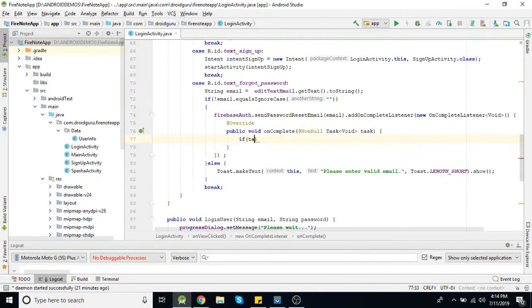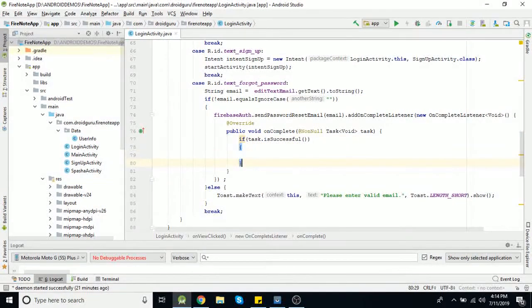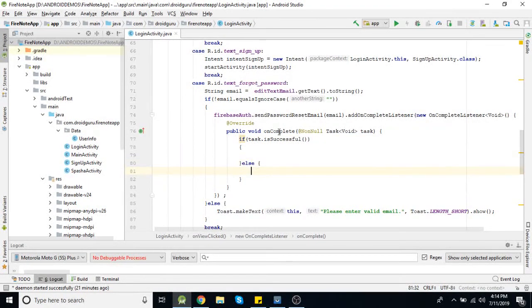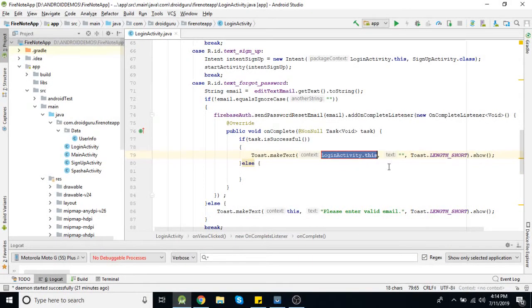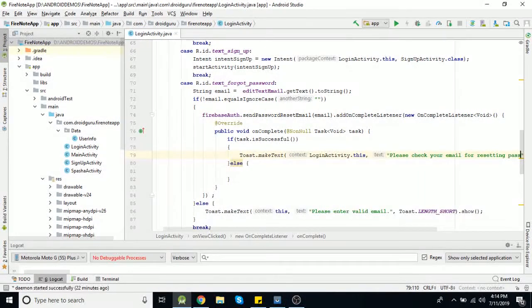So if task is successful, then you can display a success message like please check your email for resetting password.